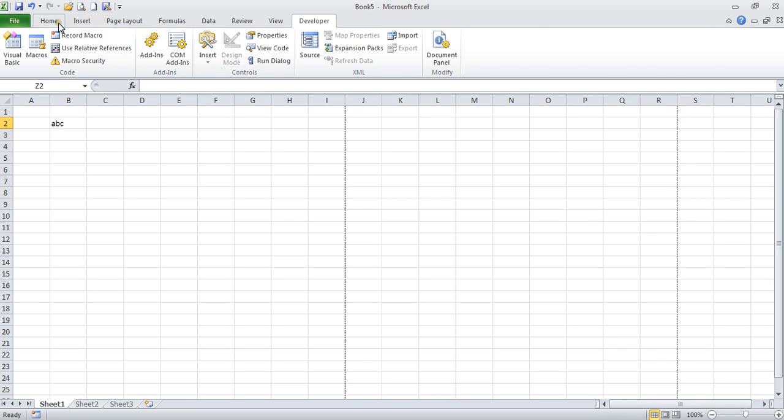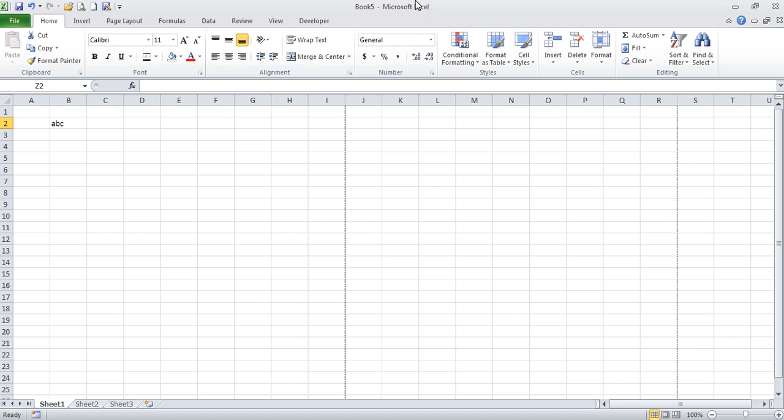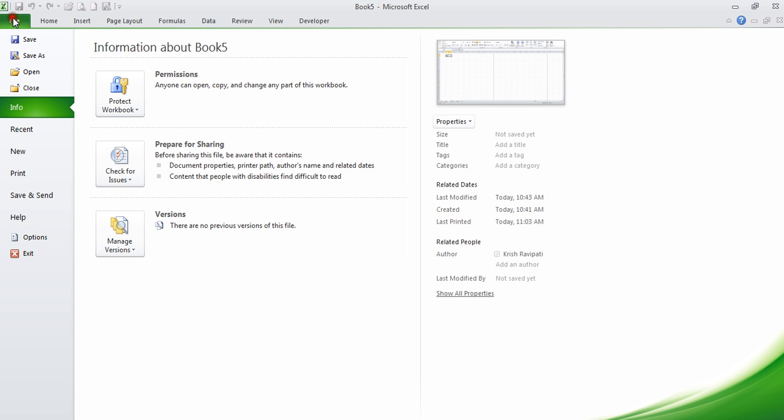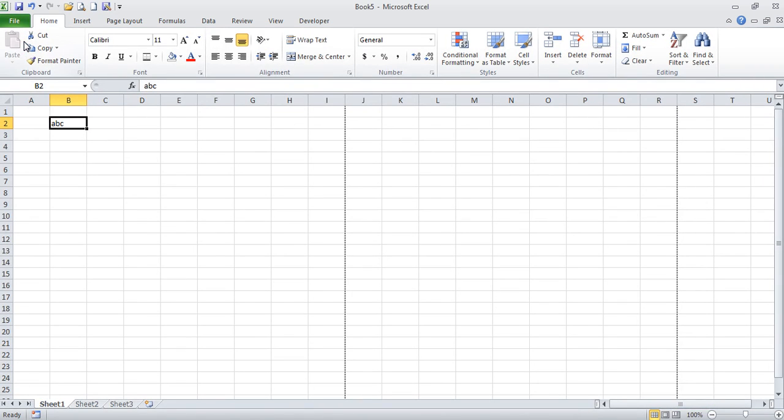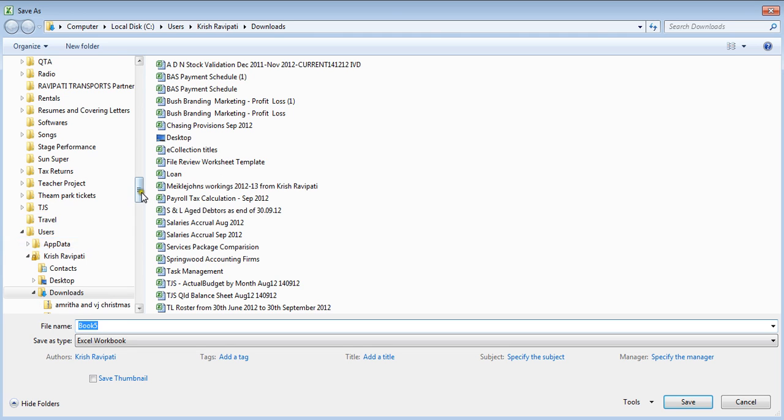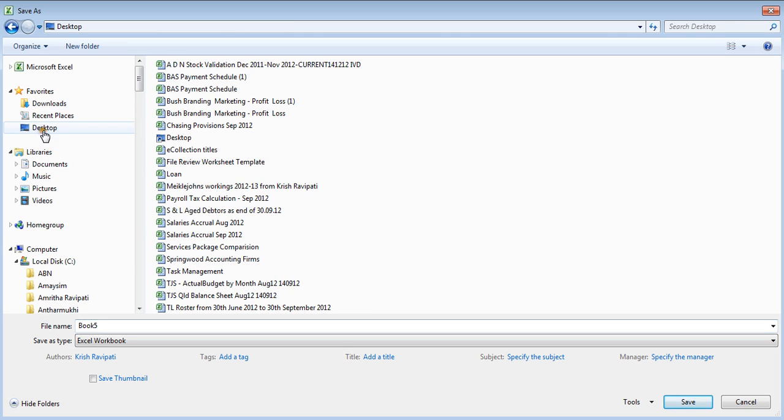The next important thing is, you see the name here, Book 5 Microsoft Excel. You can assume here that this file is not saved. The first thing we need to do as soon as we open any file, Excel, Word, PowerPoint, or any file for that matter, is to save it. So I'm clicking File and clicking Save, and I choose my desktop, and then I click here,